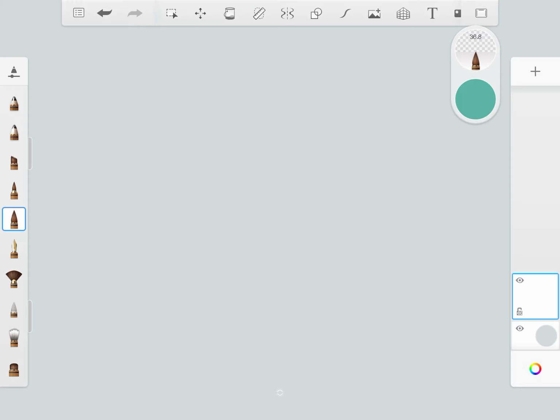So what we're going to do is work with 3 different layers, and we're also going to learn how to use blending modes. We're going to learn the shape command, how fill works, and then how brushes interact with the shape commands. So the first thing you want to know is that when you're using the shape tool, whatever